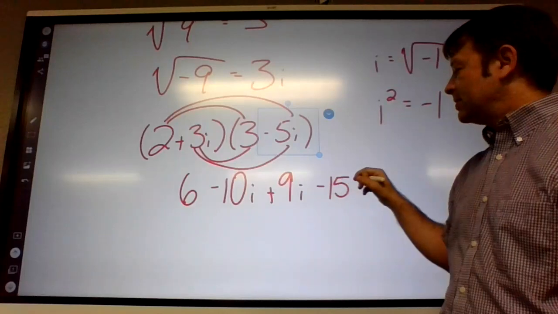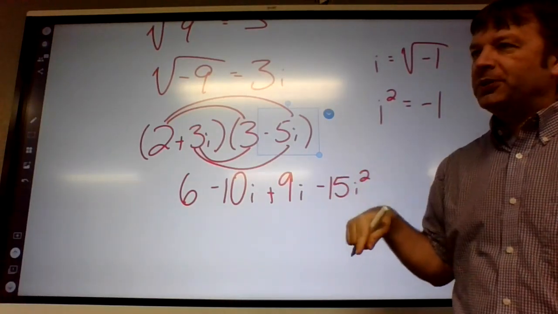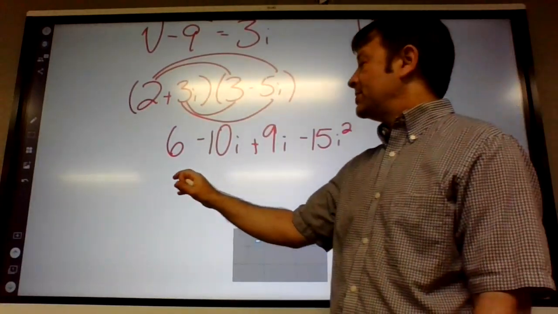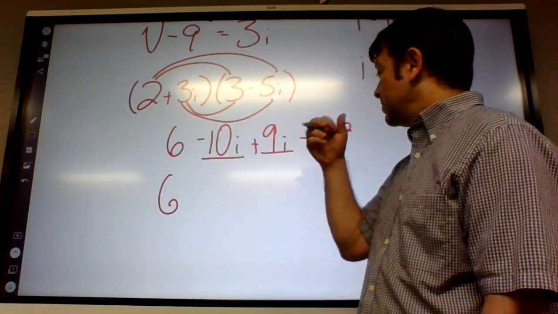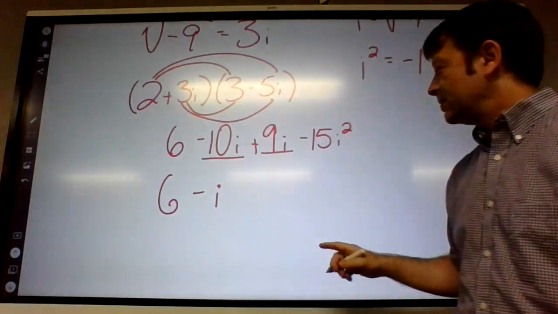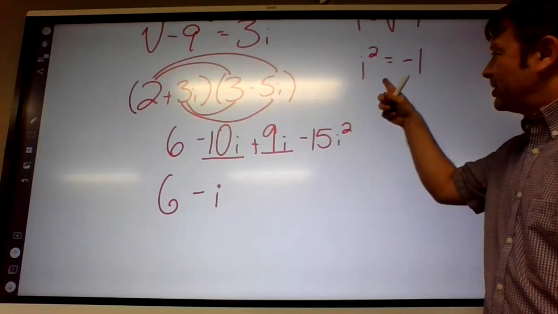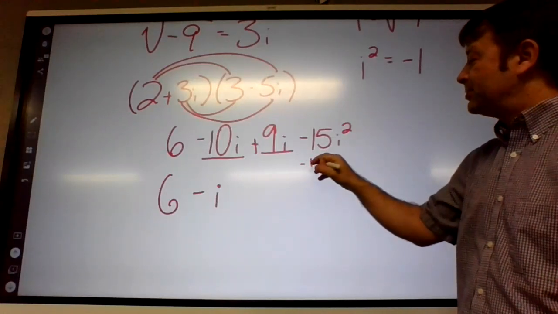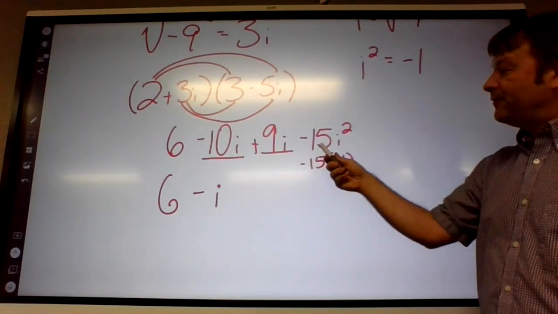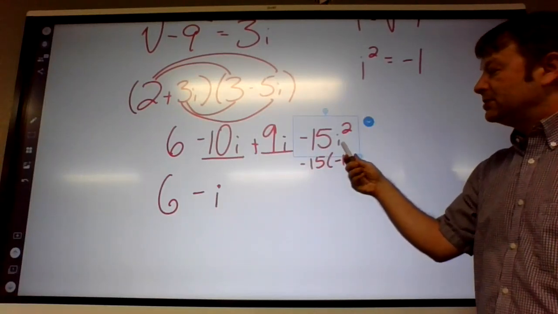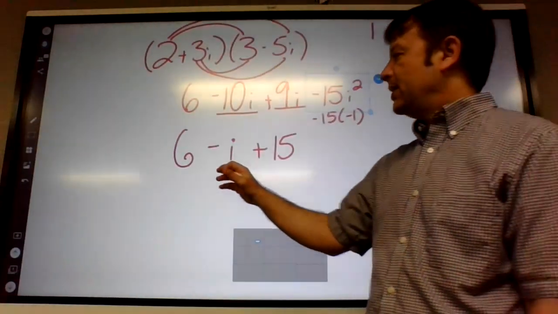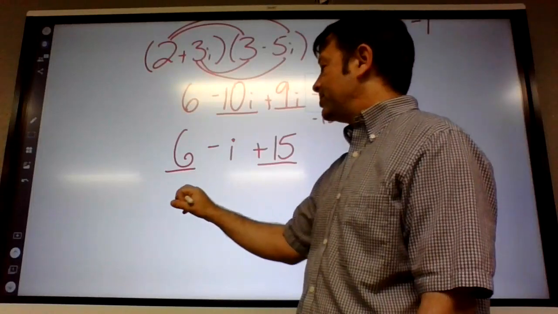Negative 15i squared. Remember when you do x times x, it's x squared? i times i is i squared. So here's what happens. This is a 6. This is minus 10i plus 9i, which is negative 1i, or negative i. Okay, negative 15i squared. i squared actually turns back into a real number, so it turns into negative 1. So this is negative 15 times negative 1, which is positive 15. Then these two are like terms, they're both real numbers: 21